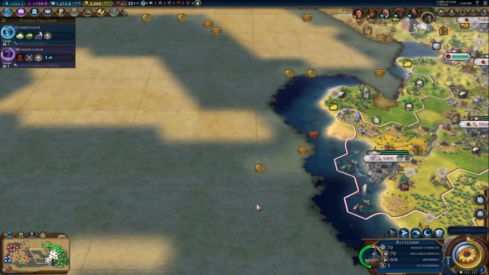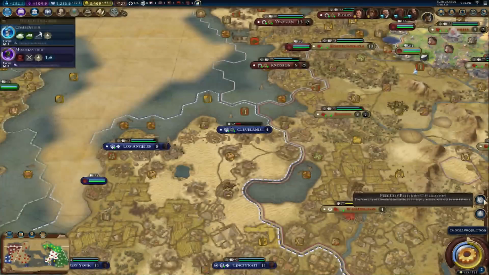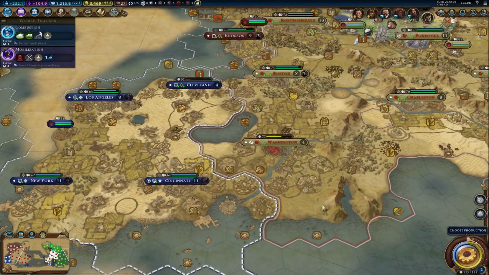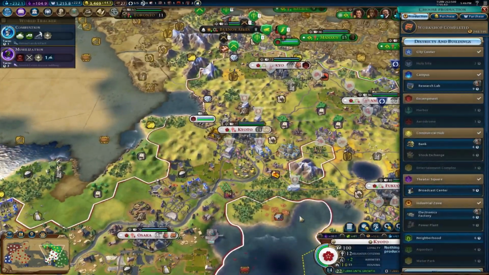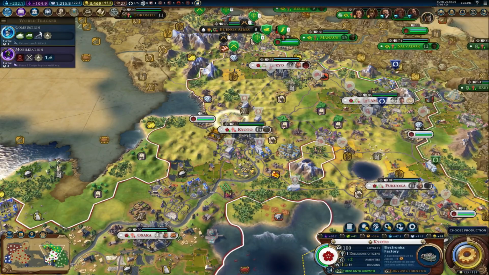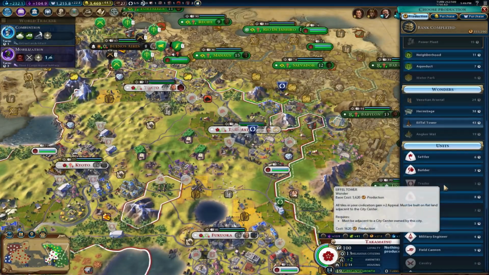Alright, so let's just bring him back and... Interesting. Washington's about to flip back. Pedro has Sophia. Let's go ahead and make our factory. And you should be able to make a...